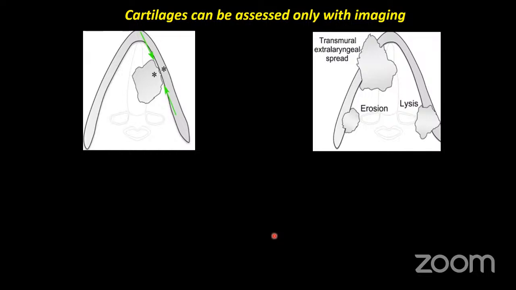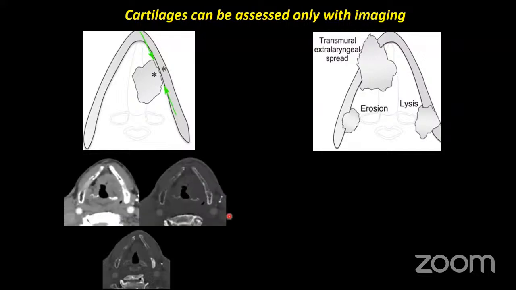So while we can see that sclerosis, which is the most common sign we see on imaging, is not a very specific sign. Sclerosis can occur because of the contact of the tumor next to the cartilage. As the tumor is in contact with the cartilage, there is hyperemia, and this hyperemia leads to sclerosis. Now, this is a non-specific sign, but the sensitivity is quite high. It can go up to 83%.